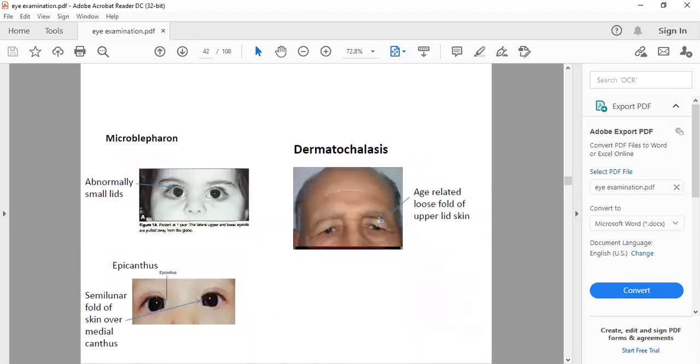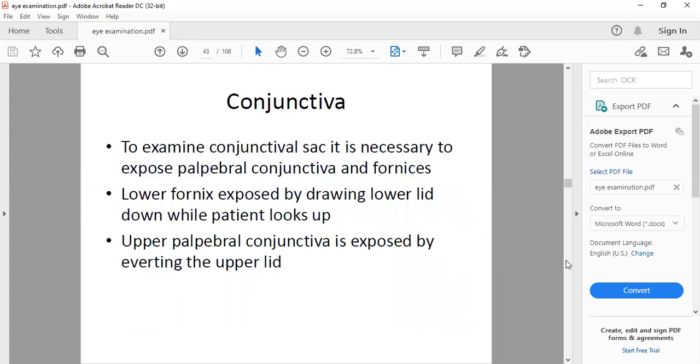In old patients, sometimes you see that the eyelid becomes very loose and it is sort of overhanging. This is called dermatochalasis. Now let us come to the conjunctiva. The lower fornix is exposed by retracting